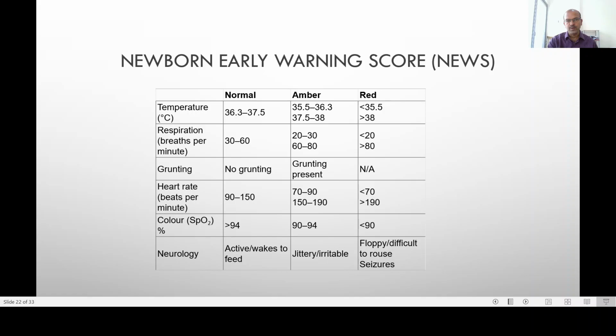A quick mention of the hypoglycemia risk factors. A normal newborn should not have blood sugar checked because they have the postnatal nadir. If you check the sugar and find it low, you will unnecessarily intervene. That's why we screen based on the risk factors, and the risk factors are based on the inability of the